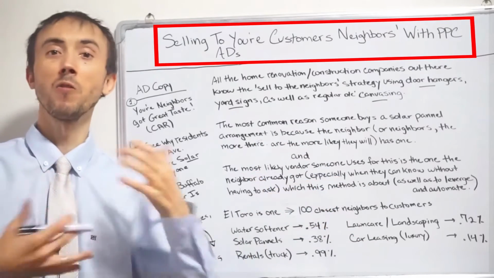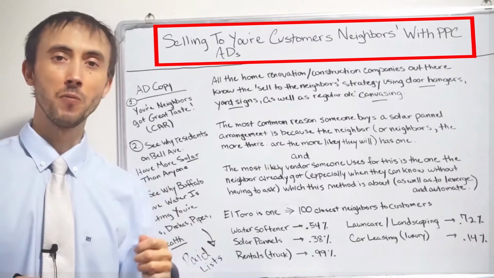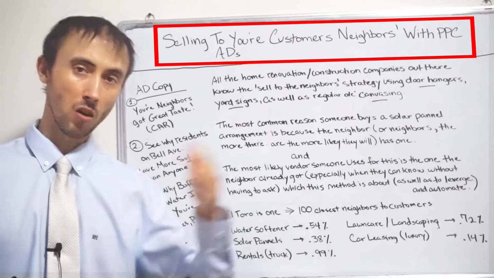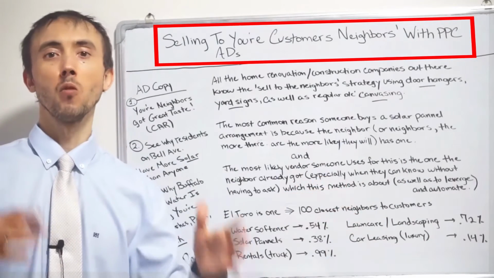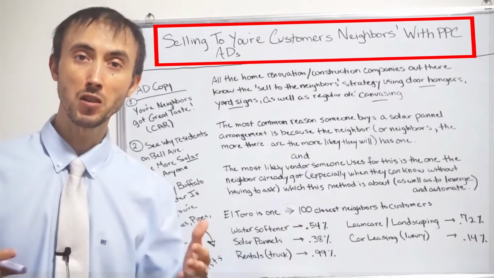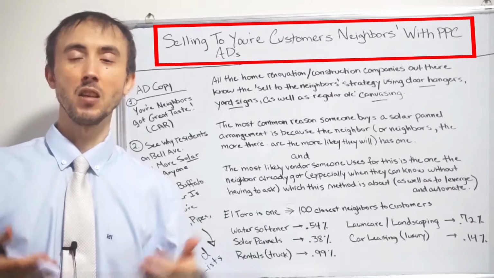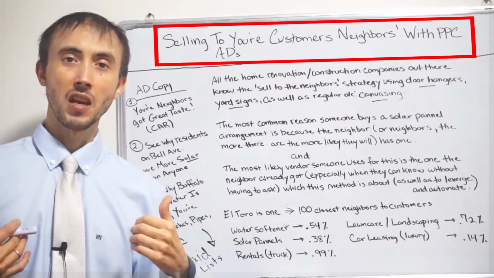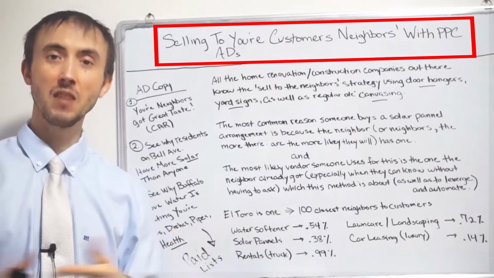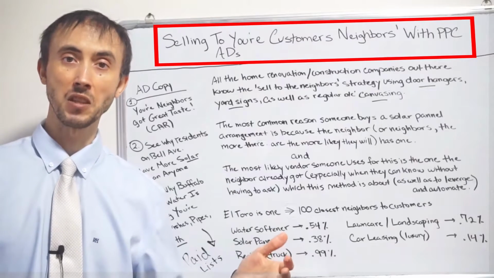But because of the whole keeping up with the Joneses thing that everybody knows and has heard about, you see something that your neighbor does, now I want to do it. So I'm 10 times more likely to buy. Why don't we actually target the people that are around our customers first before we target anybody else, since they're 10 times more likely to buy, as we're likely to be able to generate a 10 times higher return from our PPC campaigns, even though we won't be able to scale this method to an unlimited standpoint,